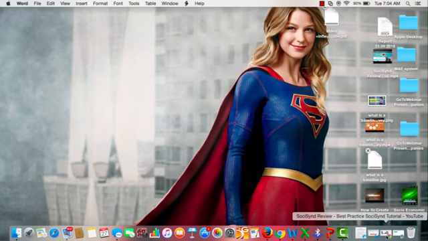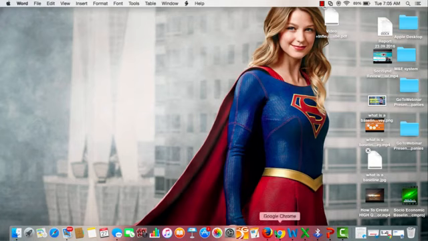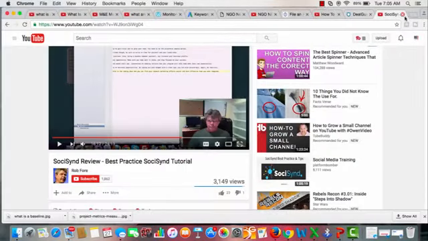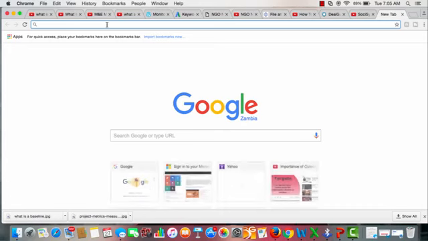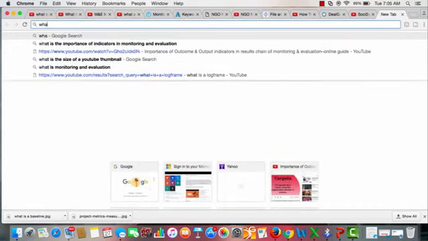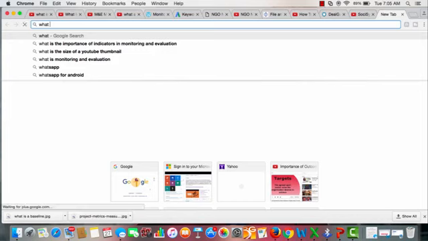An M&E plan, folks, is a document that simply outlines M&E functions, how they'll be carried out, who will be responsible, what will be monitored, what will be the tools used over a period of time for a specific intervention. But I don't want to just let you know my definition. We can go straight to Google because, like I always say, Google has a lot of material which has been submitted by so many different people around the world. So let's just type there what is an M&E plan, and from there we can discuss